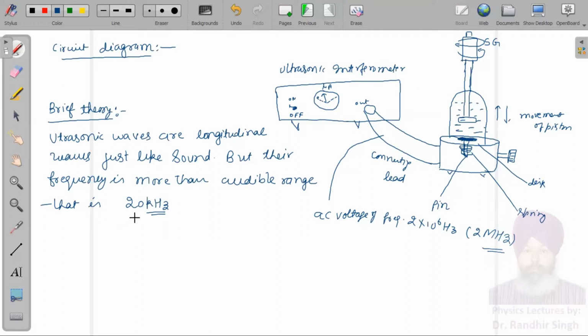So these waves are to be produced here. So what we do in this ultrasonic interferometer, we produce electric waves or AC voltage of frequency 2 megahertz. This is the job of this ultrasonic interferometer. It produces these waves. Now you can see there is a spring. This is a spring. It's like this, and in this spring we have placed a pin,